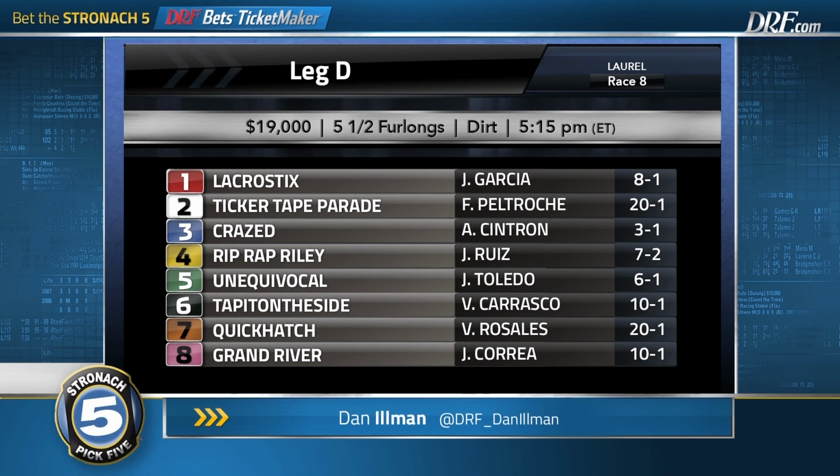He's run well at Laurel in the past. Yes, he's taking a step up in class. Maybe there'll be a little bit of pace pressure in the form of Rip Rap Riley, but I think Crazed, in the form he's in right now, might be good enough to take them wire to wire. And if he doesn't do it, I think he gets run down late by Make the Rules,